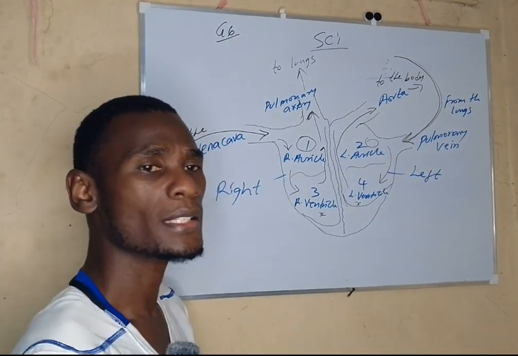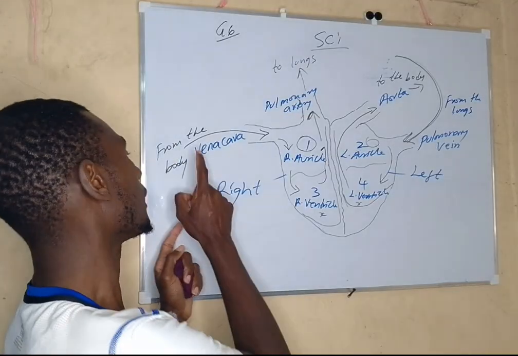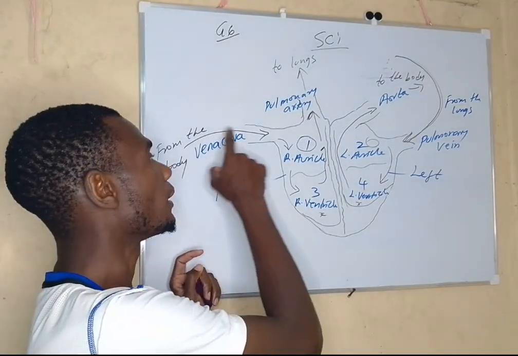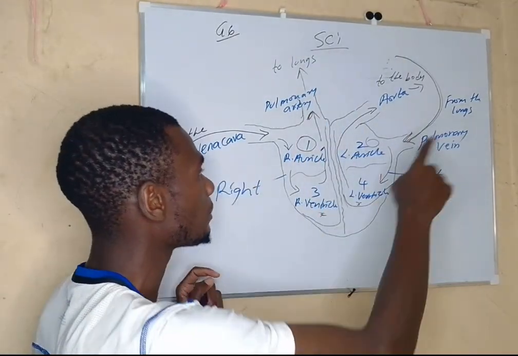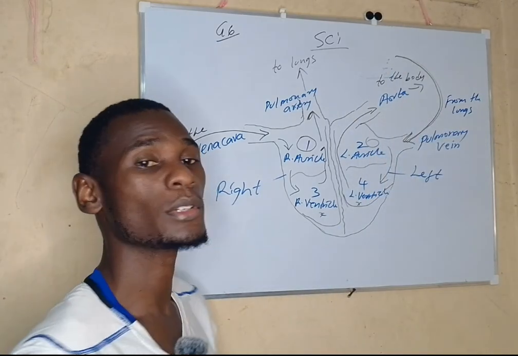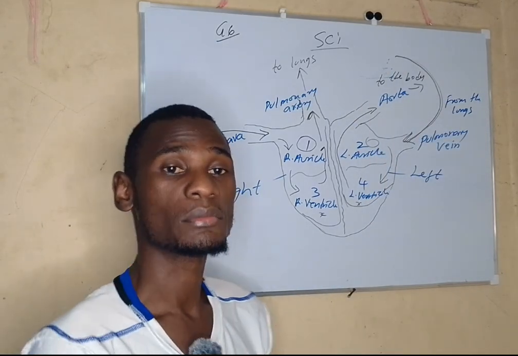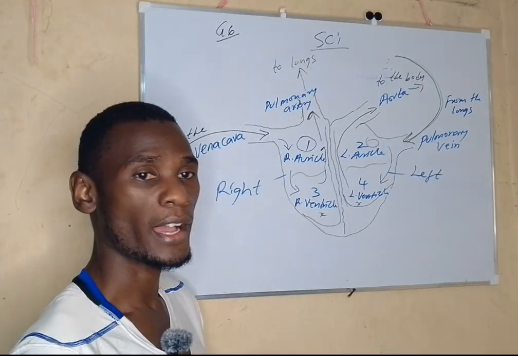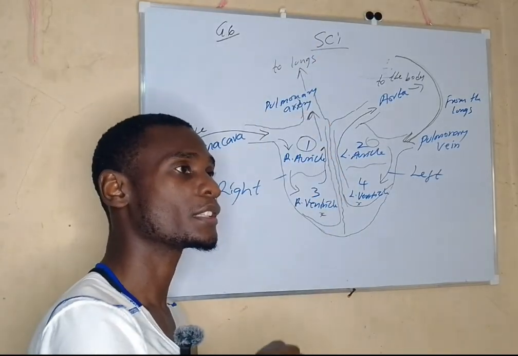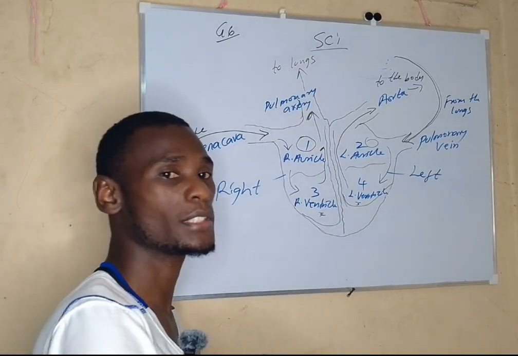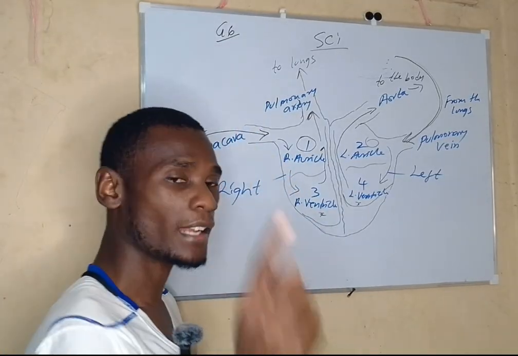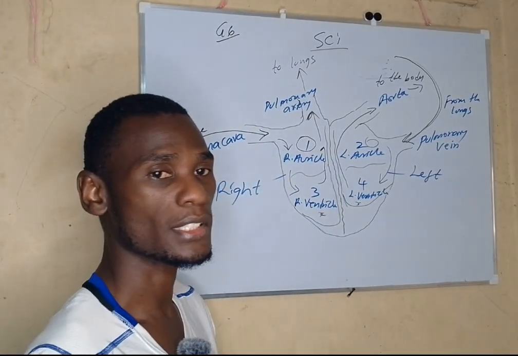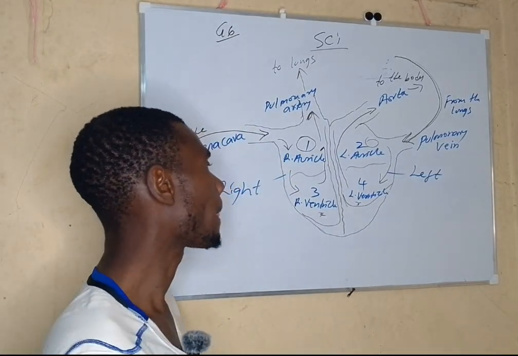used. Once it has been used, it comes back again through the vena cava, then goes back to the lungs, comes back to the heart, goes back. So that is what is called circulation. It circulates the body, the heart, the lungs, the body, the heart, the lungs. That is the circulatory system we are talking about here.